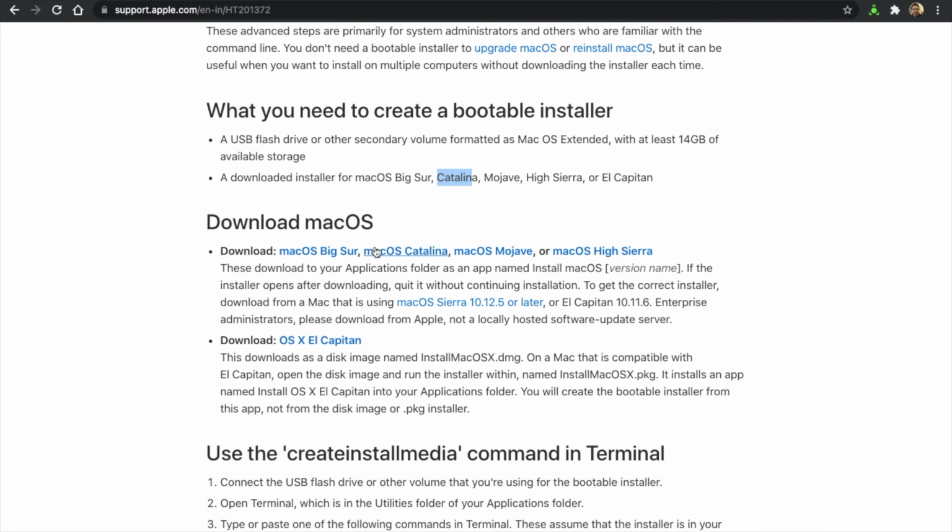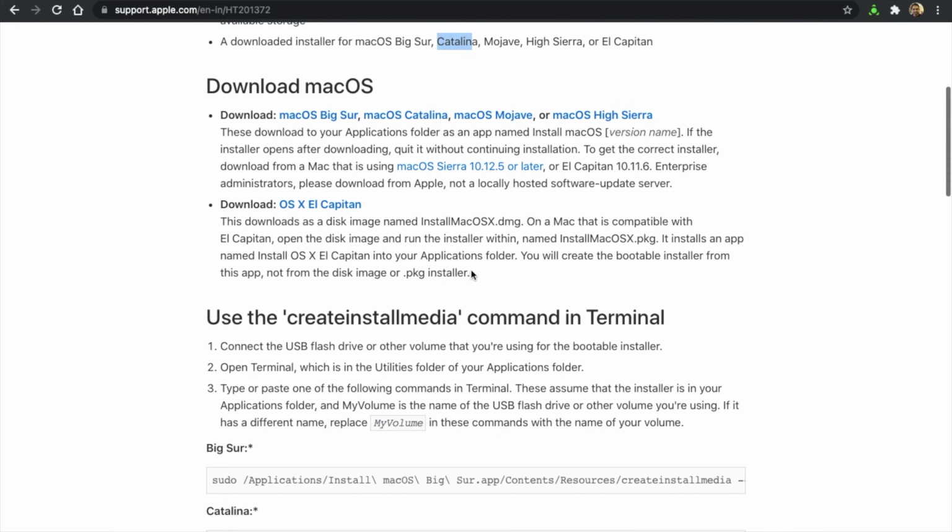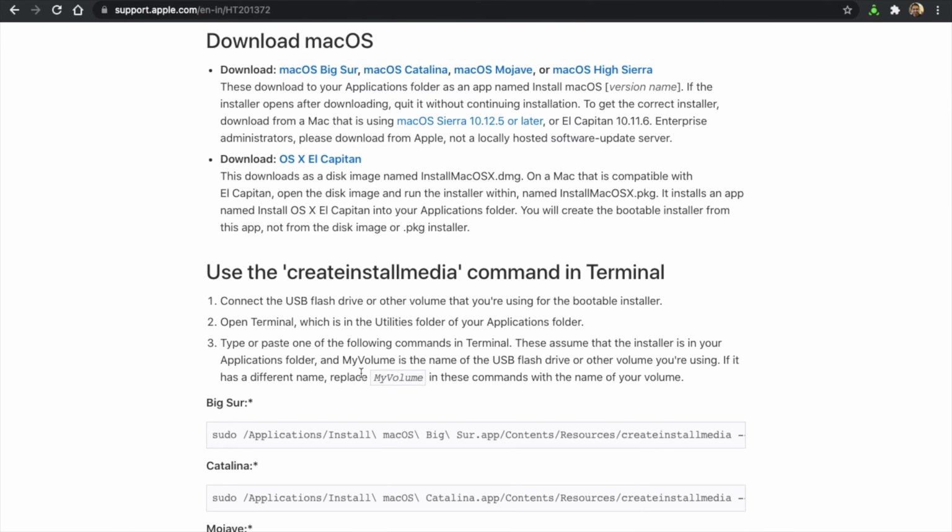We can install it after clicking here, or we can install it from the App Store. After that we will change the name of our volume to MyVolume, and we'll go to the terminal and